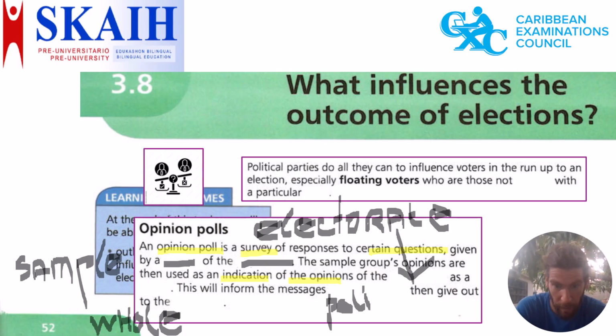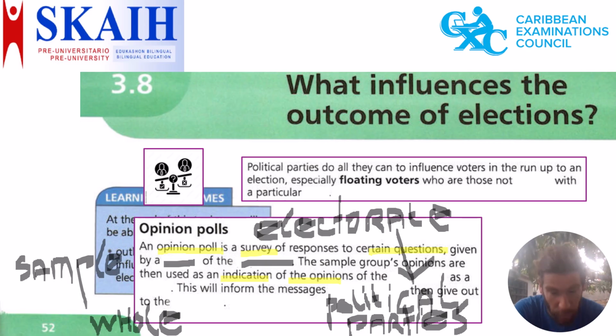So political parties then give out to the electorate. Because the political parties, in the end, have to say things that people actually also want to hear. And if the electorate has certain opinions or certain worries, things that they're worried about, the political parties will adapt